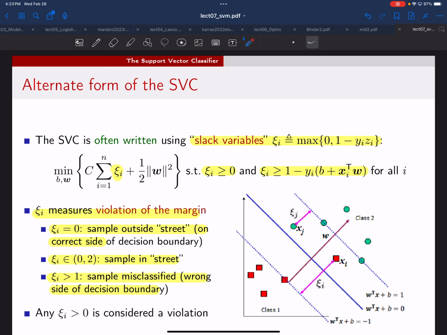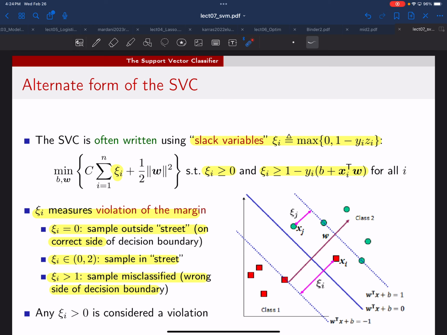Or I guess maybe you could have support vectors right on the edge, in which case they would also have xi equals 0. So xi 0 happens when you're right on the edge of the street or outside the street on the correct side. If you're in the street, like this point or this point, then xi is going to be